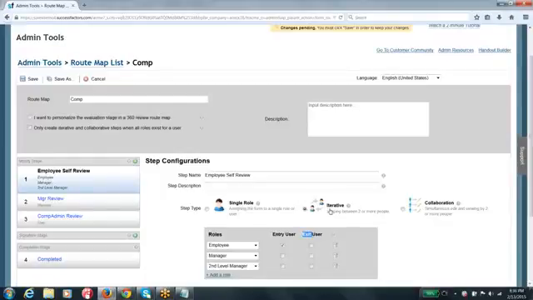The first user to work on this step is the user that has been marked as entry user, and who can send the form to the next step is the exit user. Whoever has been marked as the exit user is the one who is going to send the form to the next step, guys.